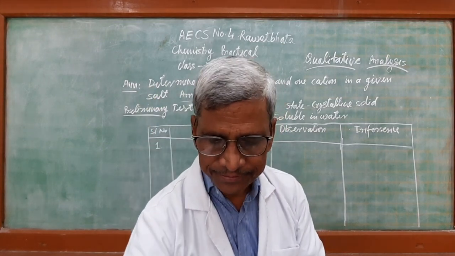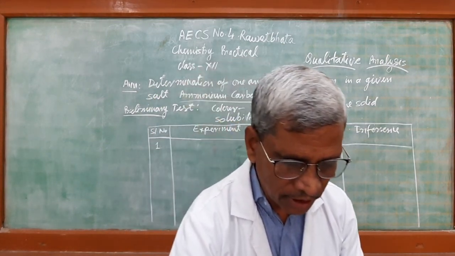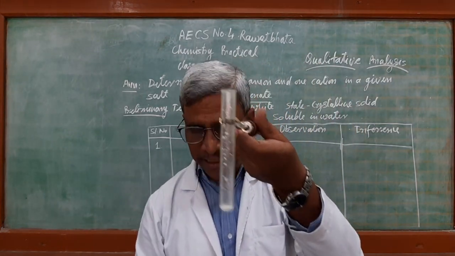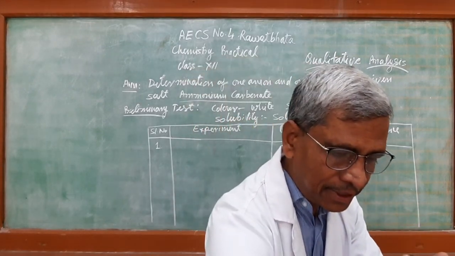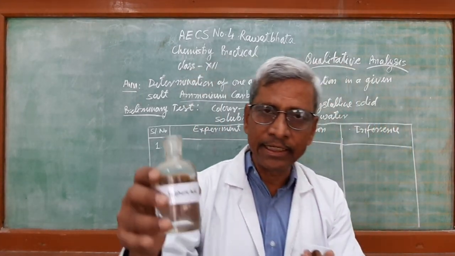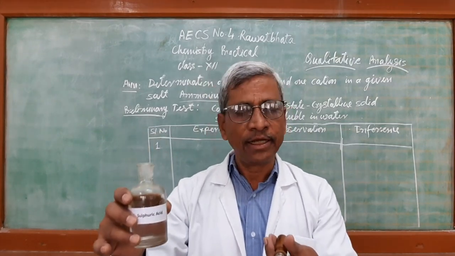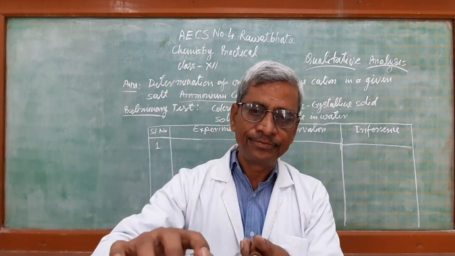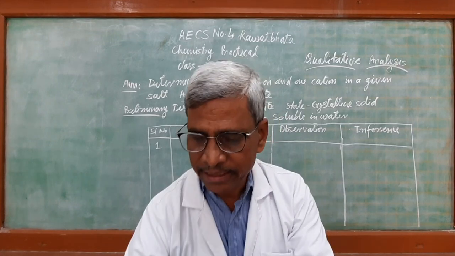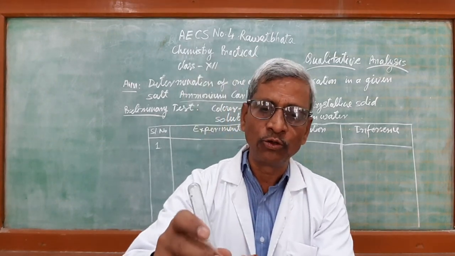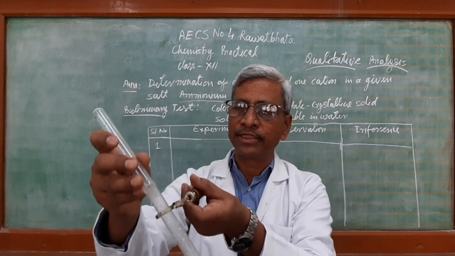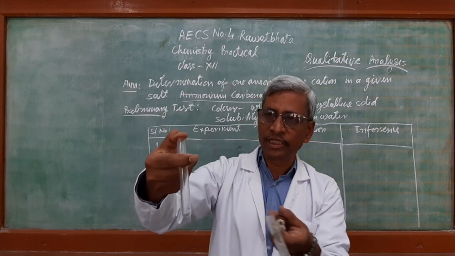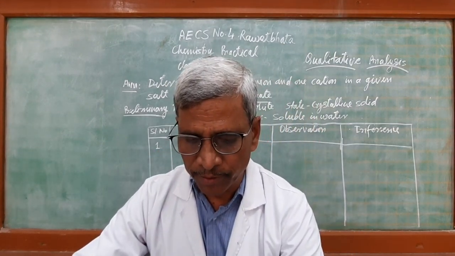Let us see that. Here, take the salt, it is white in color actually. Add dilute sulfuric acid. Again, I am repeating the same experiment to collect the gas; in the earlier experiment I had not collected the gas. The gas is coming out vigorously, so put the test tube over it in this way. Some of the gas is going to collect here. Reaction is stopped. Let us hold the test tube in this way so that the gas will not come out.